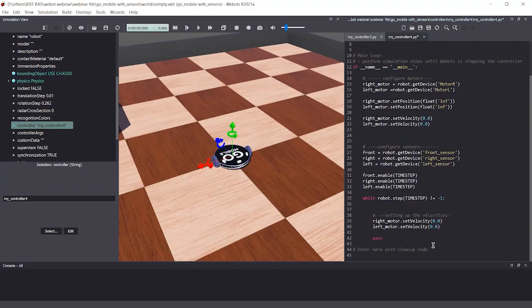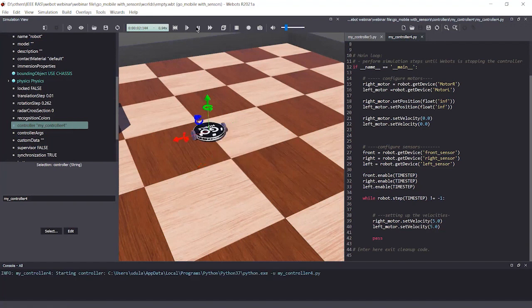Let us set the velocities to 5. Why not 5? So I am setting both velocities to 5. Let's see what happens. Save this, click this, run this. Bam. So our robot is moving backward, right?